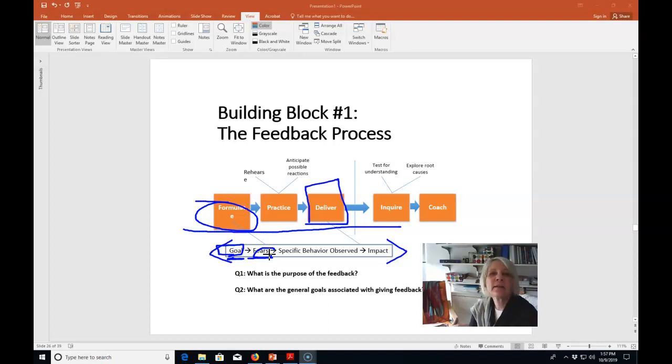So what's the point? It's worthwhile just taking a moment to reflect on that and think through what your concerns are with this. And then, to link to our actionable feedback, identifying concrete behaviors in specific situations and the impact, who's having the impact on whom, on what, is vital in the formulation process. So once you've checked your reasons, you've gone through making sure this is going to be actionable feedback, the other